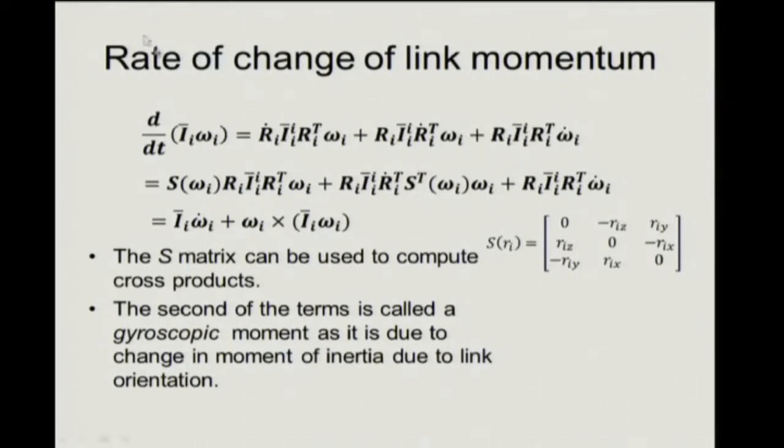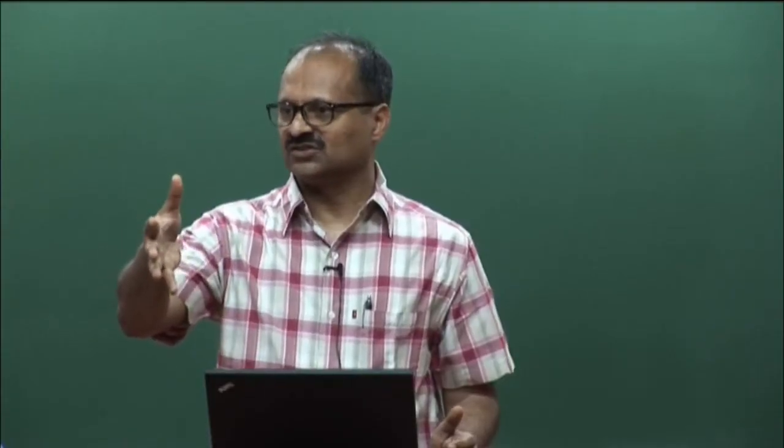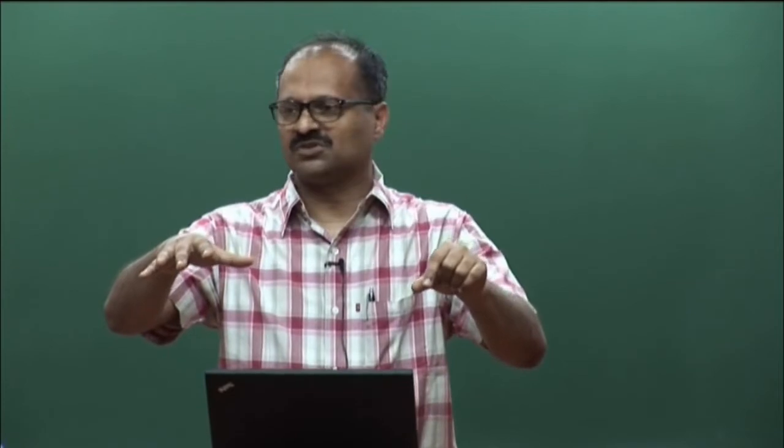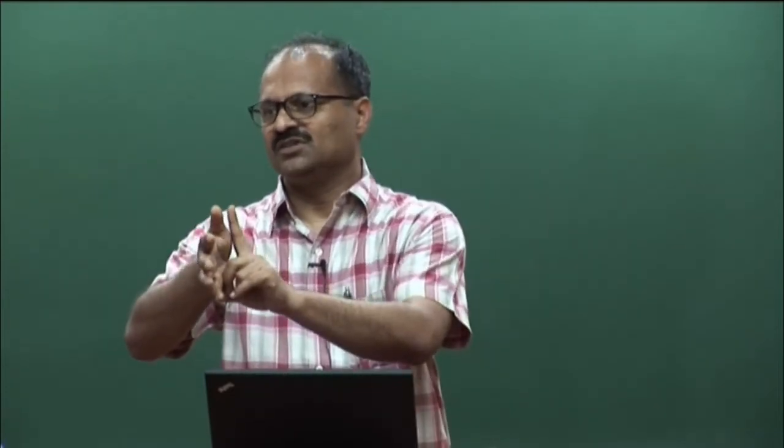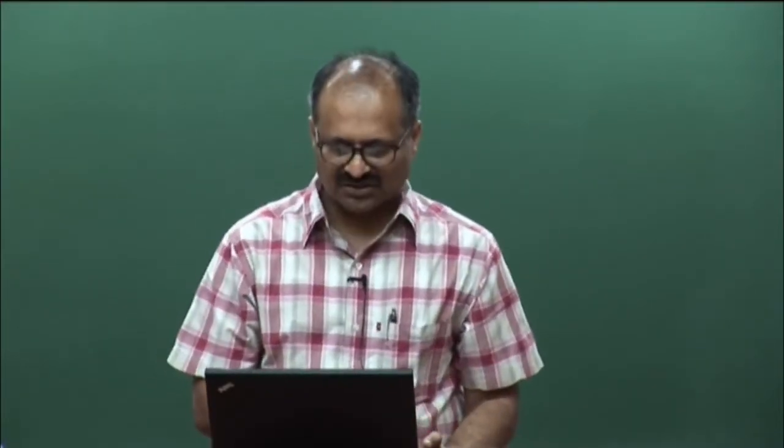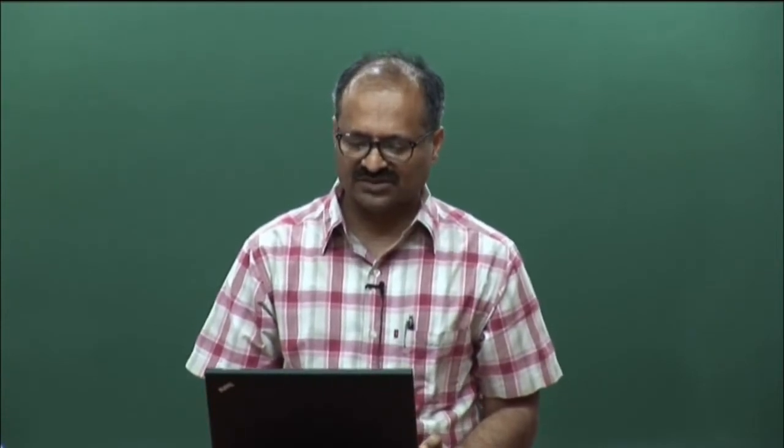And here the second term is often called the gyroscopic moment, because it comes purely because the moment of inertia of the link, as the link rotates, is changing in terms of the global coordinates, right. So if I have an object like this, after some time it is turned like this. So what was originally the moment of inertia about this axis now becomes the moment of inertia about this axis. So this is called the gyroscopic moment, it is just a term,